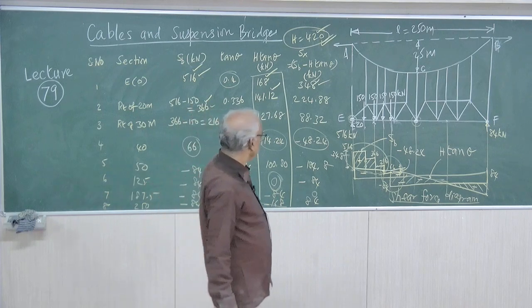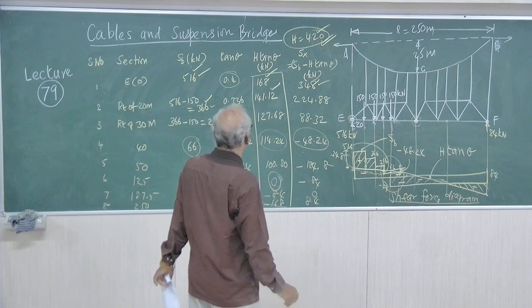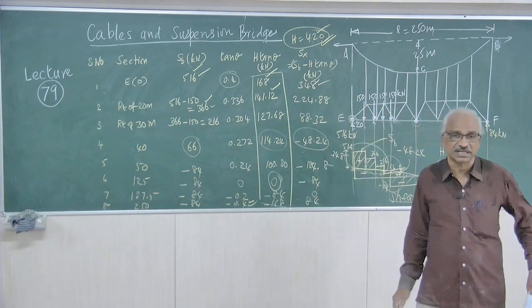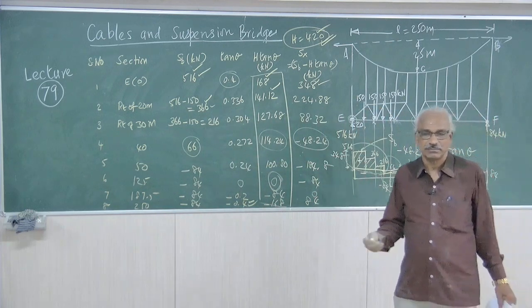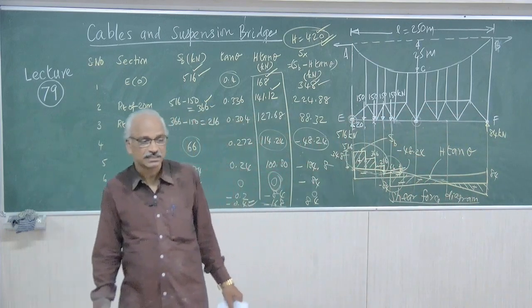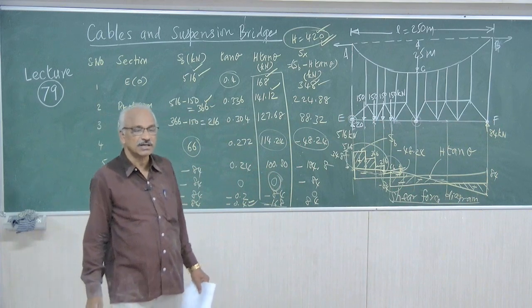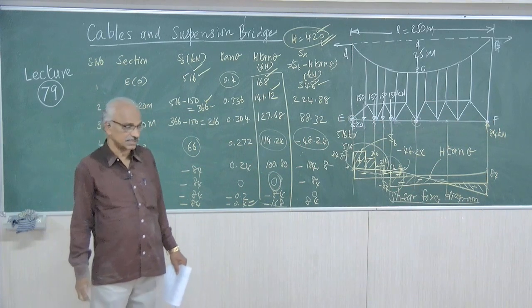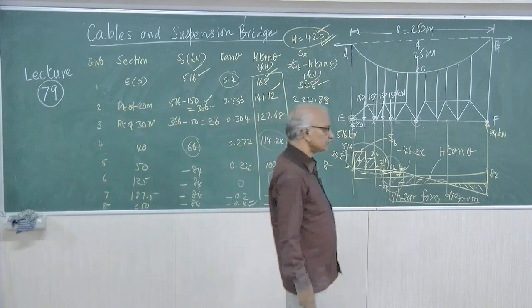And I think this completes it. Similarly, for any problem you can do it like this. That is why I purposely took a problem with a little more calculation involved. I think that will be enough for drawing the shear force diagram and bending moment diagram for 3 hinged stiffening girders. Thank you.